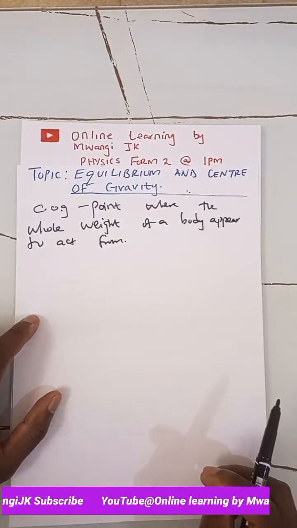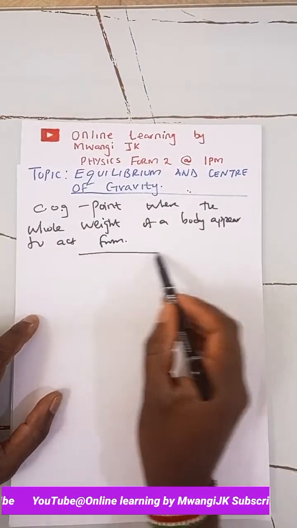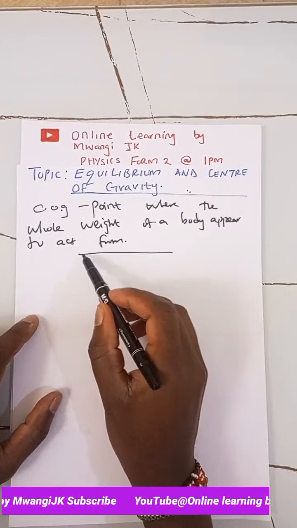So if you balance a meter rule, for example, using a string or a thread, you'll realize that it will tend to balance